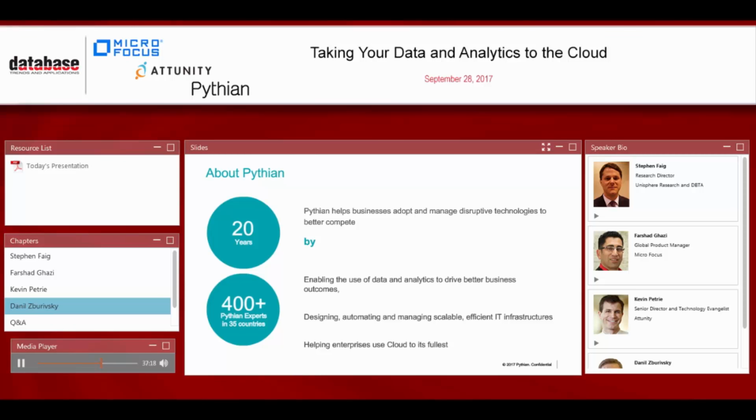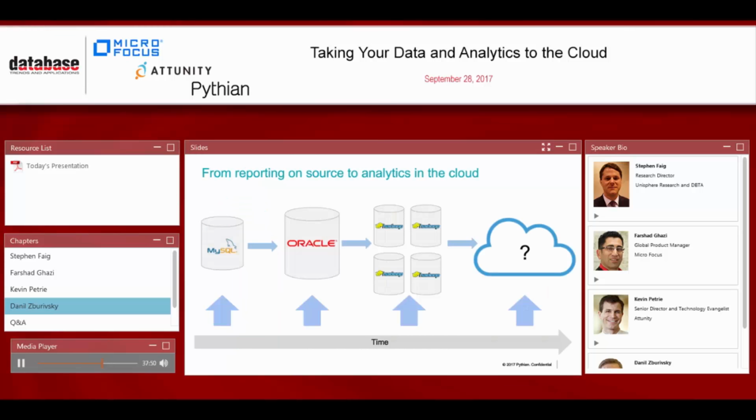So here at Pythian, we help businesses and companies to manage disruptive technologies like cloud, like machine learning and analytics. And we have a wide range of experiences with different types of analytical platforms, both on-premise and in the cloud, which allows me to draw some parallels and see how technology evolved over time, and what changes we see when it comes to managing and working with the data